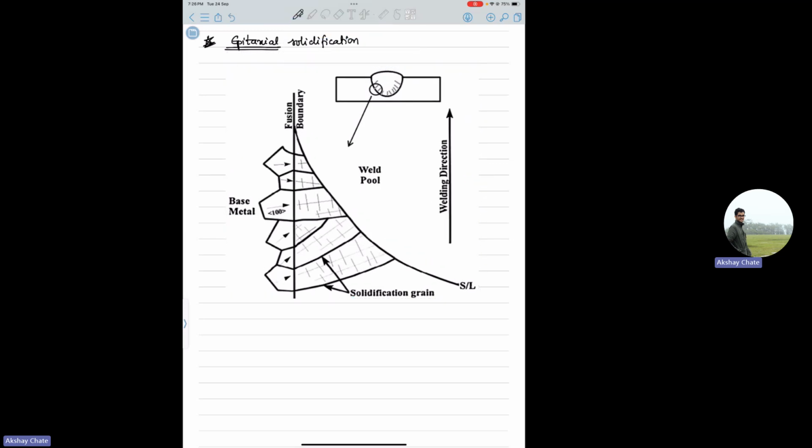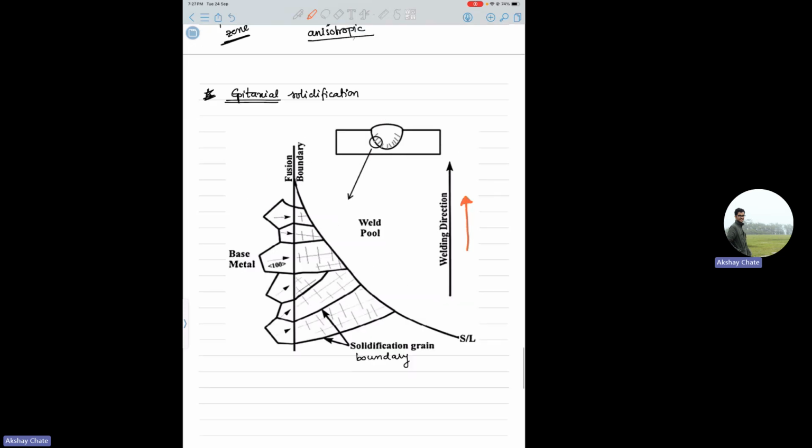Yeah. So this is the solidification grain boundary. So what happens? As you can see, this is your welding direction, right? So as you go along, this melt pool starts to solidify, right? But this epitaxial solidification means that the solidification starts from, or the dendrite